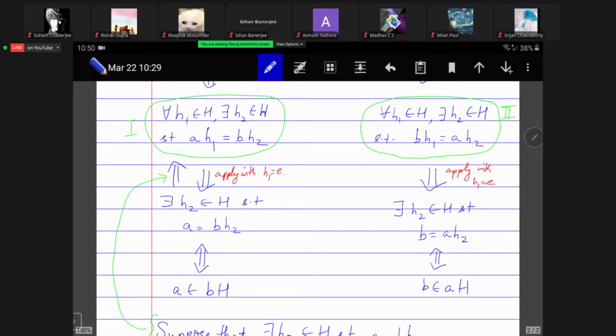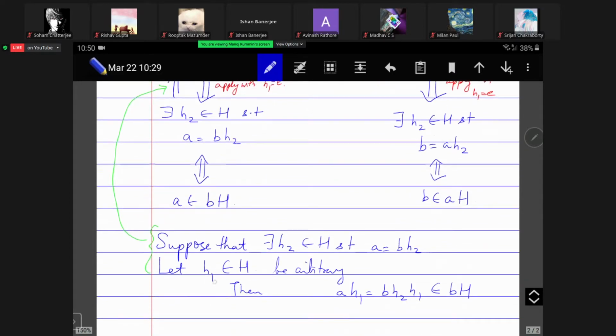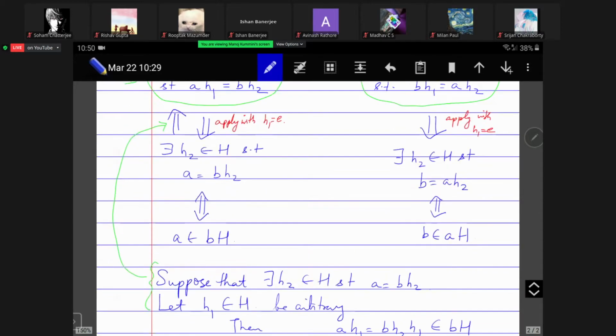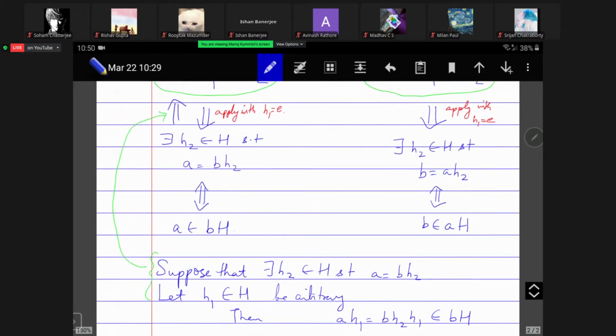But now we step back and think. This apparently weaker looking statement is equivalent to the green circled statements, because suppose there exists an H2 such that A equals BH2. Then if you take an arbitrary H1 inside H, then AH1 is BH2H1, which is inside BH. So this also implies it. So similarly,